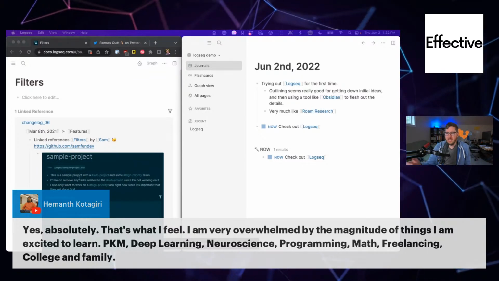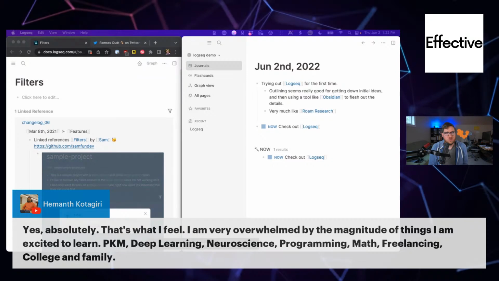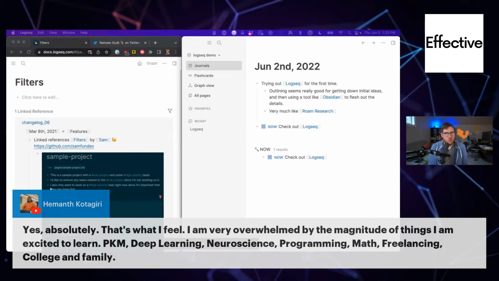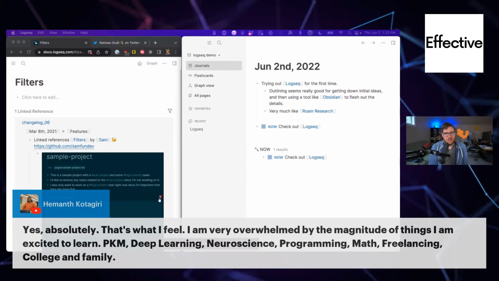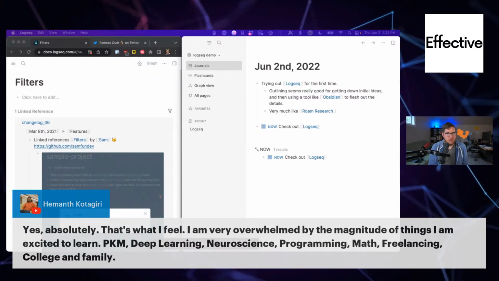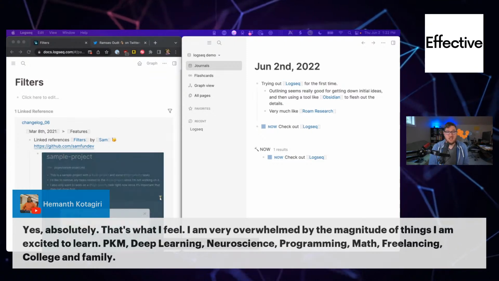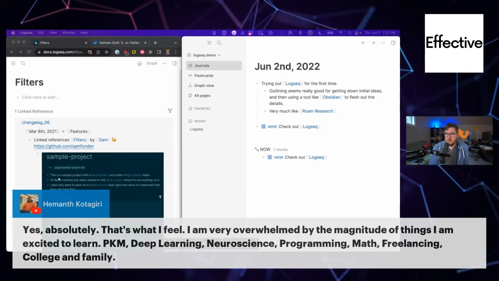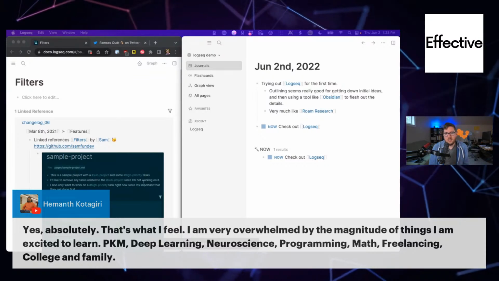So maybe one recommendation for you is to commit to 1 to 3 of those areas in the course of 3 months, because you can't chase it all at once, but you can chase a small number or one of those things well. You'd be very surprised if you spent your free time focusing on neuroscience or deep learning for 3 months and then just started taking notes on it.